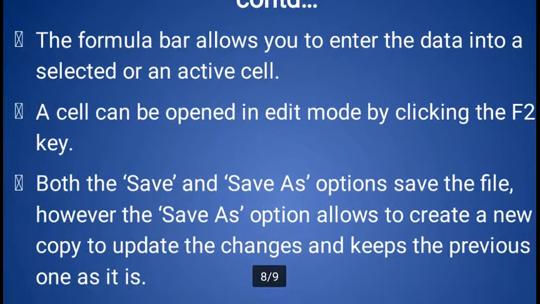Both the Save and Save As options: the Save option we can use to save our data onto the hard disk permanently, or we can also change the file name and save the file as a new version with the Save As option. However, the Save As option allows us to create a new copy to update the changes and keep the previous one as it is.